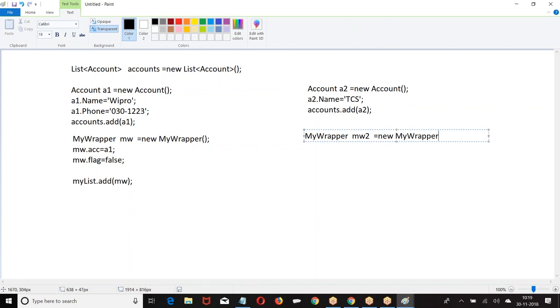For every account record, I ask you to create one separate wrapper. A equal to A2, MW dot lock equal to false. Then MyList dot add. Am I right? For every account record, create one wrapper. So account A1, wrapper MW1, account A2, wrapper MW2. That's what I'm doing here in the loop.